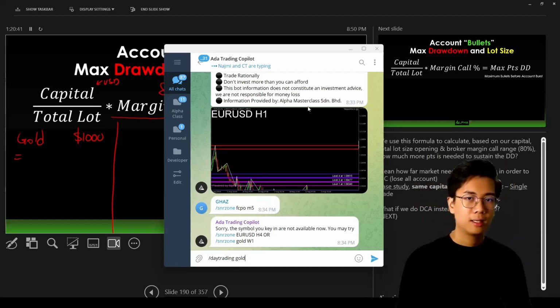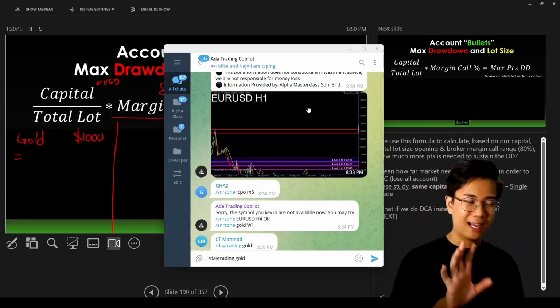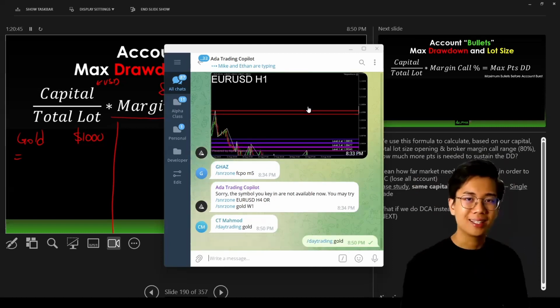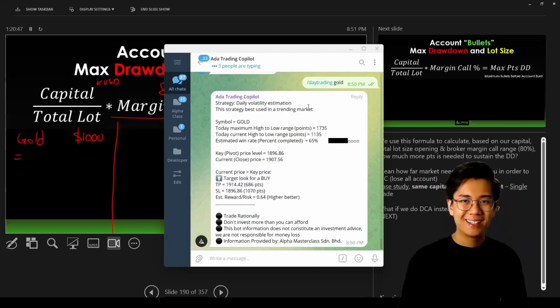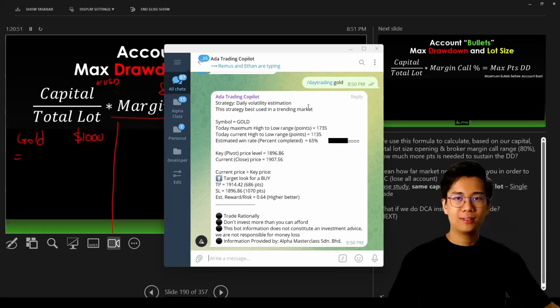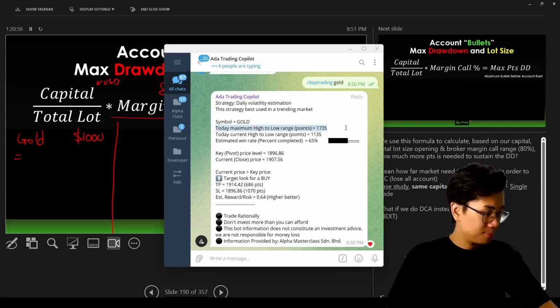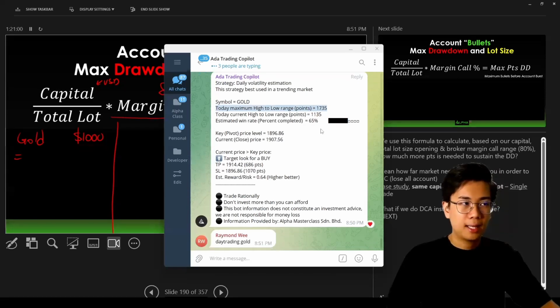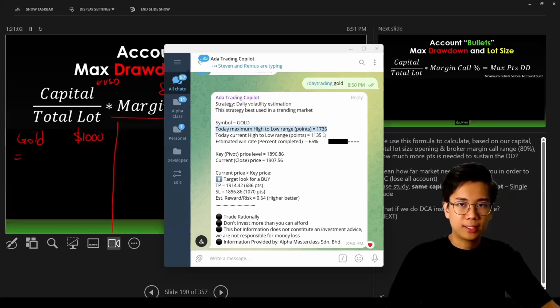Okay. Now, then I click enter only. I don't click together. Let me analyze. Based on that, right now, the gold market today, maximum high to low range. What does this mean? This means that the market volatility is